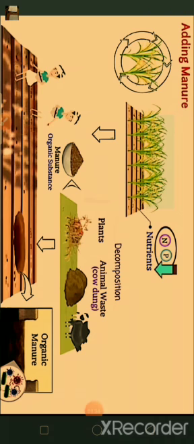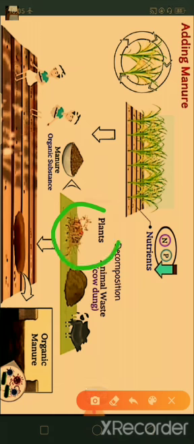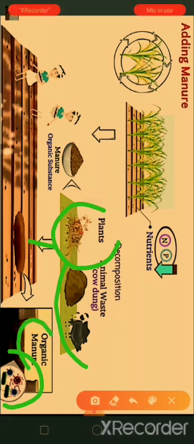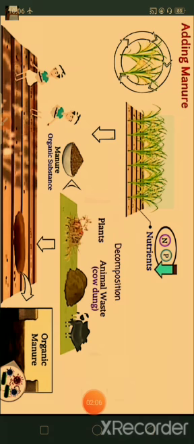The plant waste, that is the remains of dead and decaying plants, and animal waste, that is cow dung. This animal waste and cow dung is kept in a pit at open places, and the microorganisms decompose it to produce organic manure. Improper or insufficient addition of manure results in weak plants, and the yield decreases.